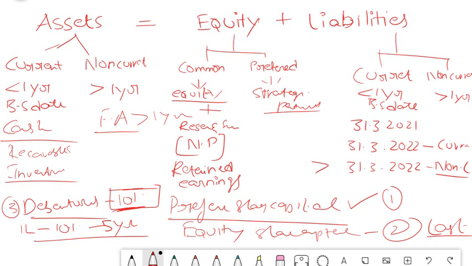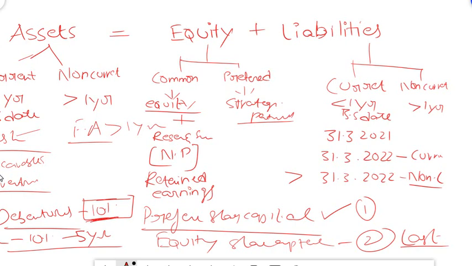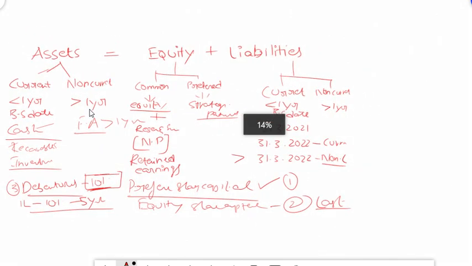Current assets, non-current assets. Current assets means cash, receivables, inventory. Non-current assets means something which is payable for a period of more than 1 year, and hence non-current assets are generally fixed assets, plant and machinery, land and buildings, which occur in your business throughout the lifetime of the business.